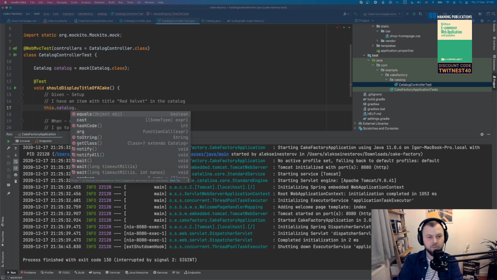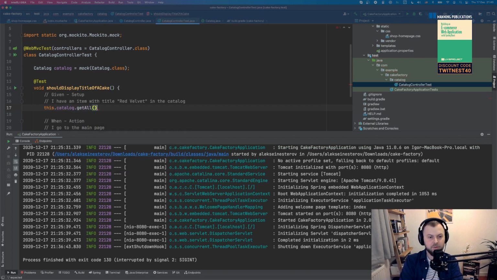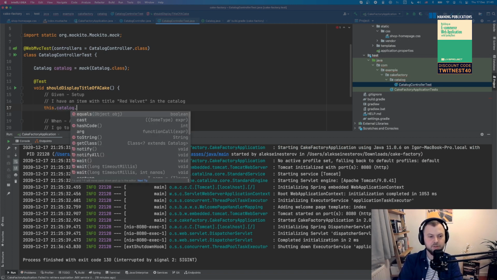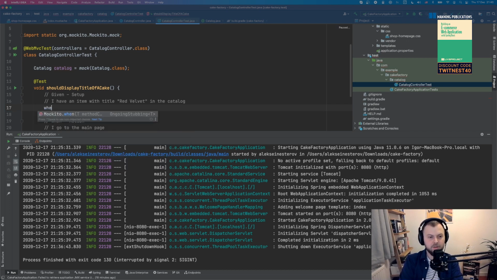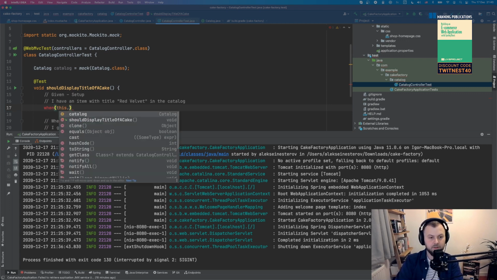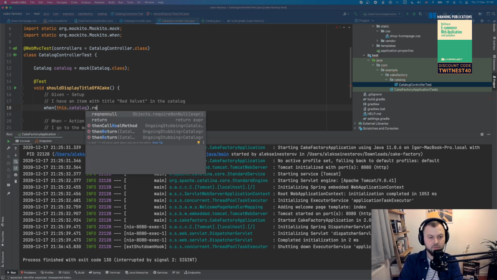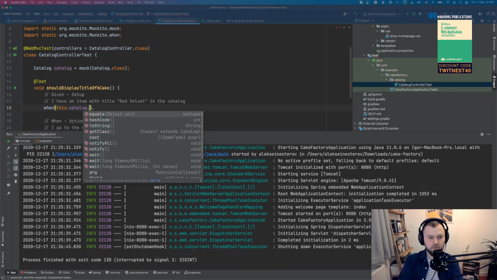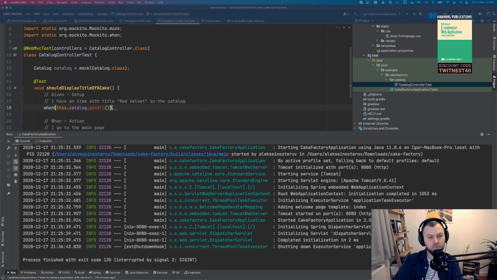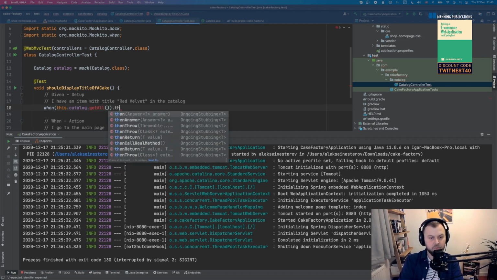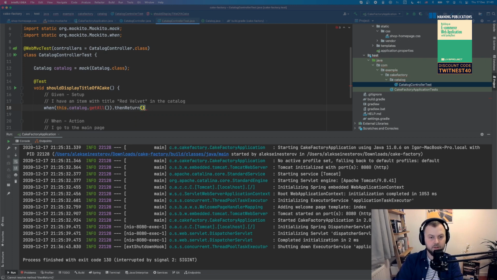And in this case, let's say I want to say catalog.getAll, right? No, sorry, this is a given block, right? So I'm saying when, and this is an example of how I can control mock behavior using Mockito. I'm saying when my catalog is called with, let's say, getAll. So when someone calls this getAll method, then I want to return, in my case, let's say a stream of something to be decided, right?